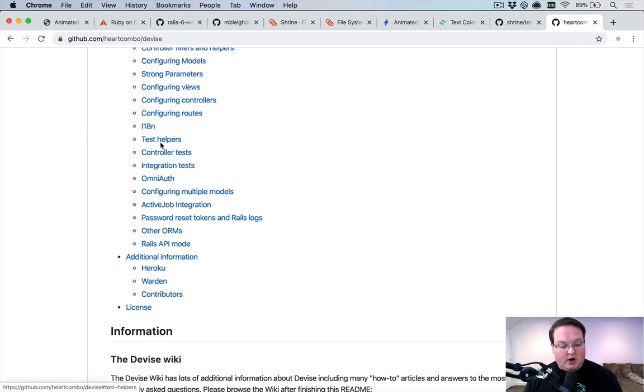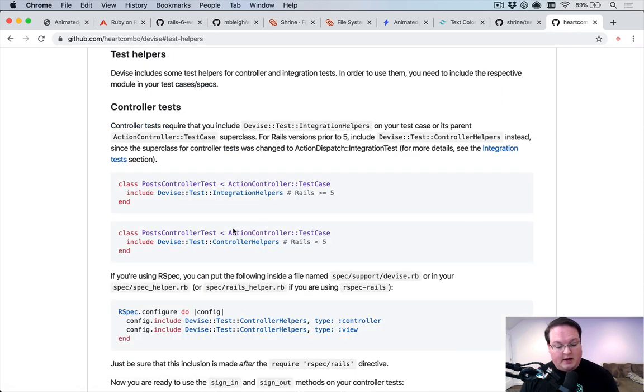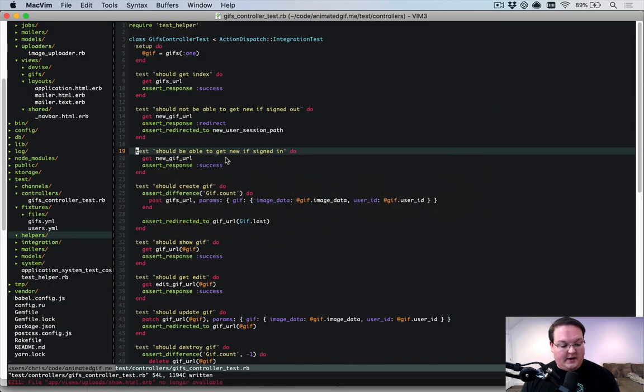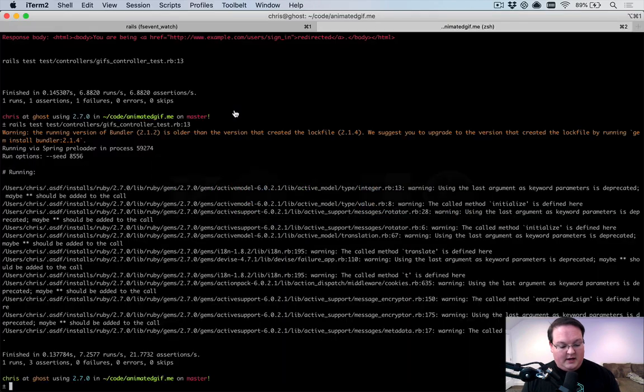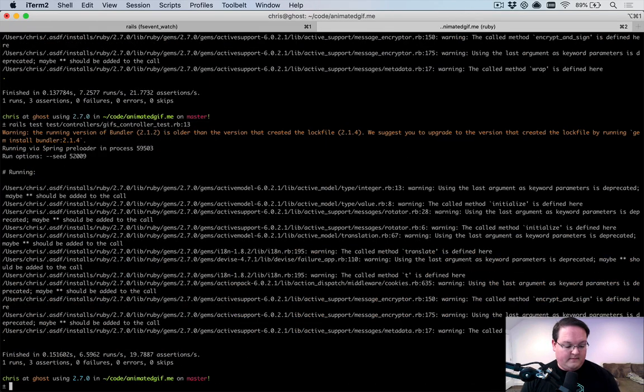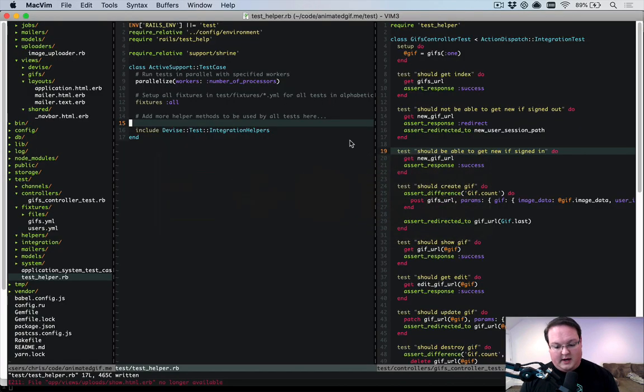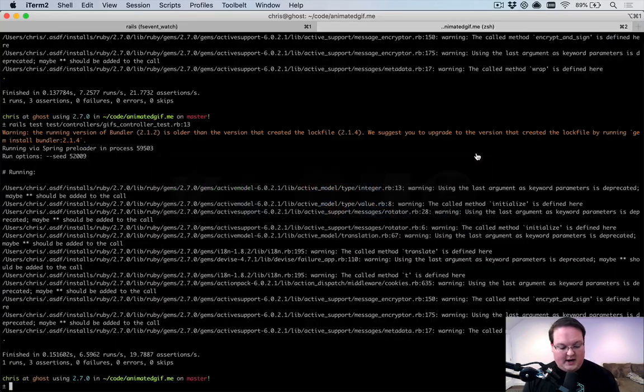And we just need to go into the test helpers, and I believe we need to include these integration helpers because we're using Rails 6, and that can actually go into our test helper folder or file, and we can paste that in. So let's get that done and see how this goes. So now we need to test line 19,